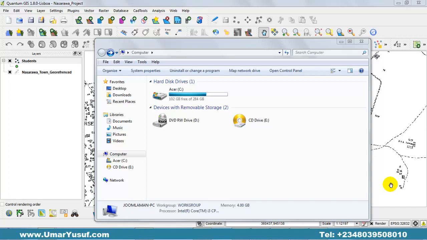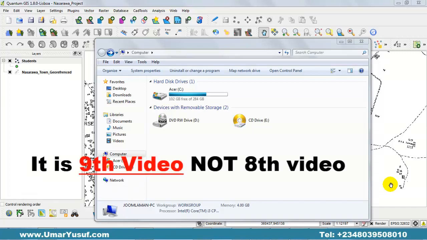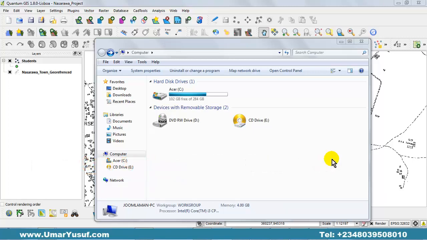Hi, what's going on? This is the 8th video of our GIS lab lesson tutorial. In this video, we are going to be creating shapefiles and also create attribute data tables for those shapefiles. Before we continue, let me first tell you that we are going to be creating shapefiles using